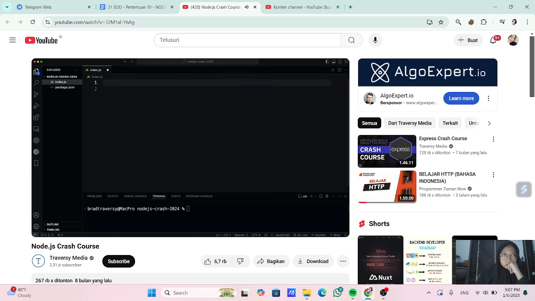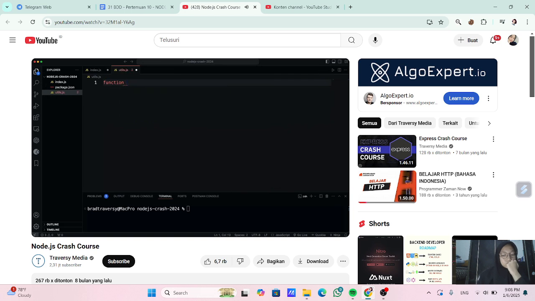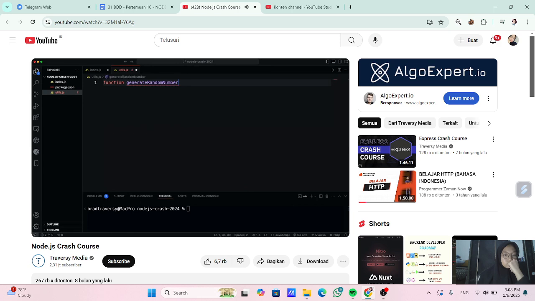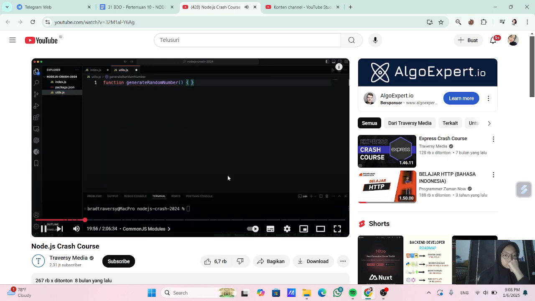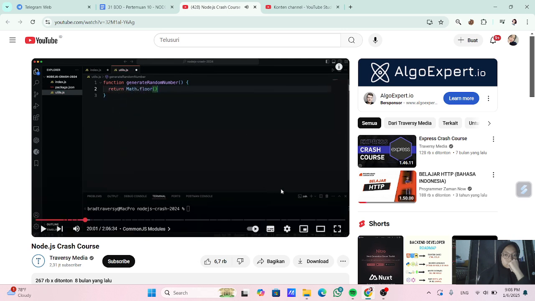Now, I want to talk about modules. So usually, like I said, you'll have a structure of files. So let's go ahead and create a utils.js file. And let's say that this is just a file that has random functions that we want to use around our site. So I'll create a function. Let's call this generateRandomNumber. And that's exactly what it's going to do. So we'll make it really simple. We'll just say Math.floor. So we're going to